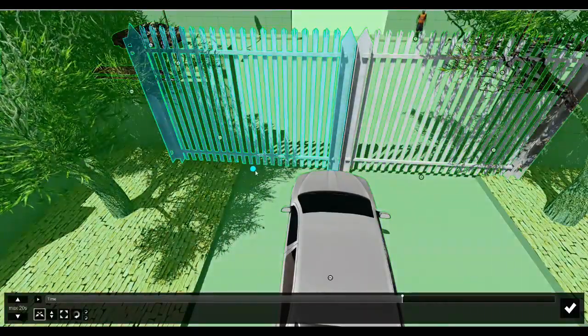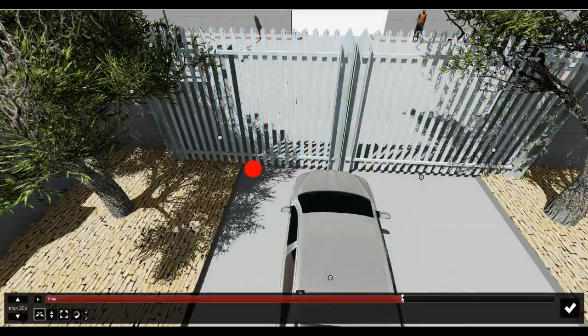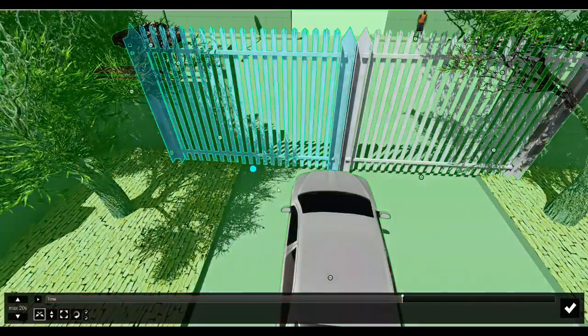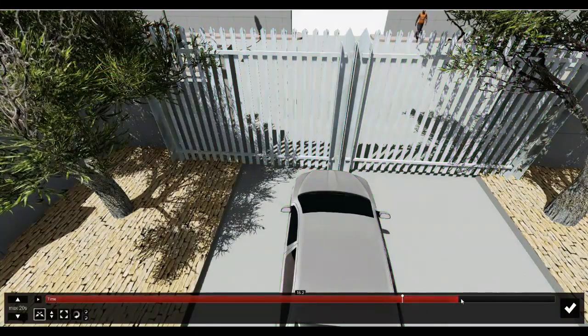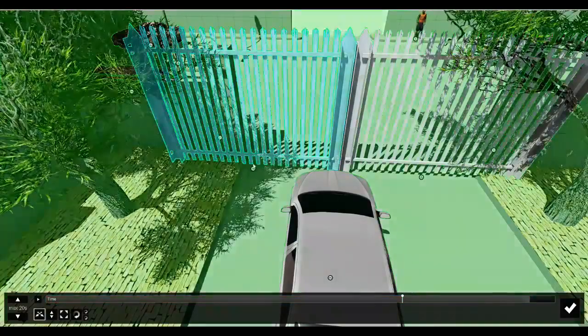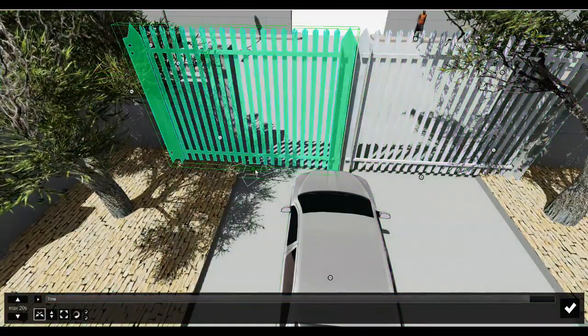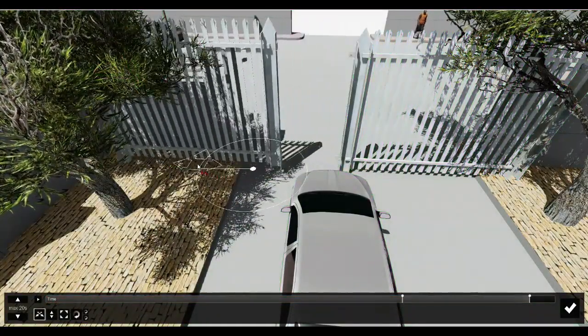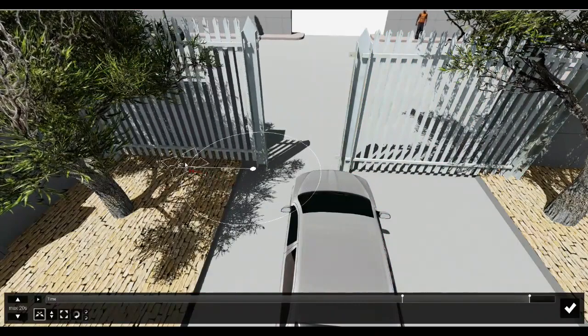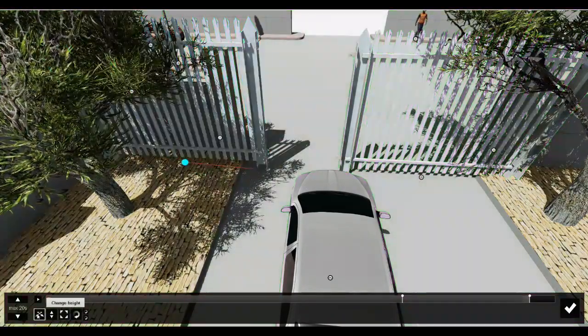So once you give it a little move, you'll see this blinker which starts blinking, and we have a keyframe over here. Now we can increase the time up to 19 seconds to bring it to its end position, which will basically be the open position, and we'll now move this all the way to the open position like this. Now keep in mind that we have the move object